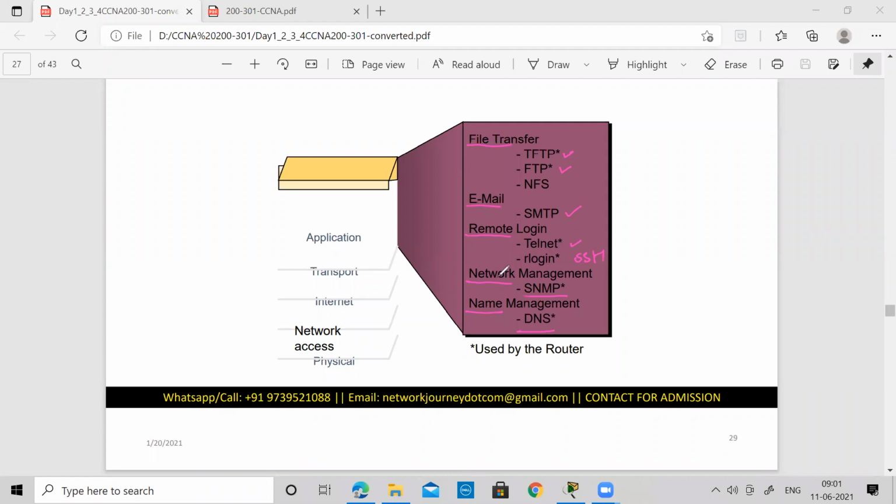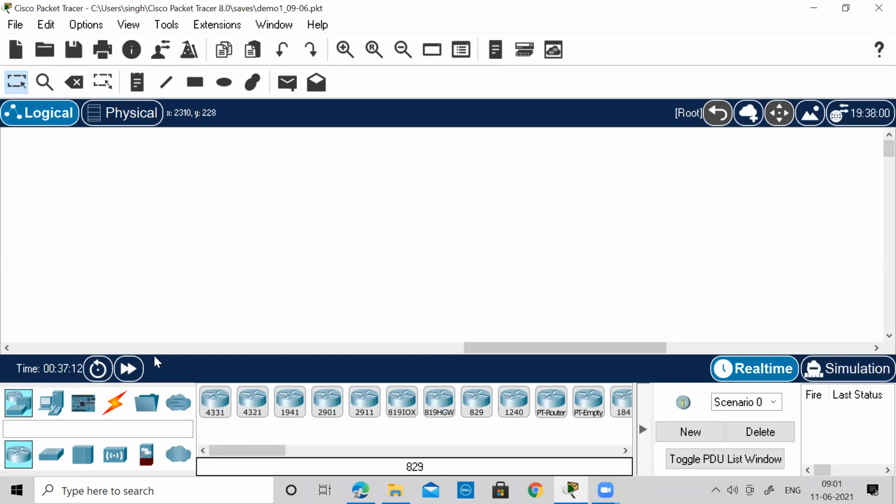Out of which there are also some protocols which they haven't mentioned here. We have the HTTP protocol, HTTPS protocol. All these protocols also reside in your application layer. So this is related to the application, and we are going to see all these services inside the server. Inside your server, when I show you the server, you will be checking all these application things out. Let me share my screen. Can you see my Packet Tracer file?